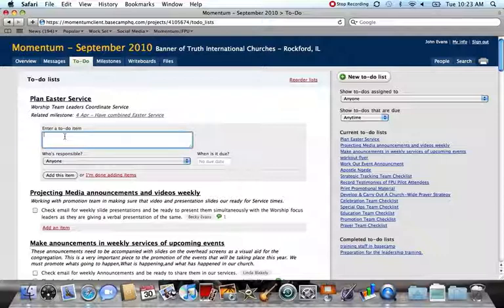If we have a large milestone, we may have people who need to plan the service. We may have to-do lists for practicing certain events. We may have a to-do list for creating special bulletins or brochures, or any number of things that would be related to a milestone. And we could also create messages relating to